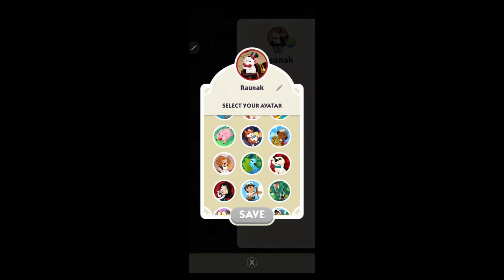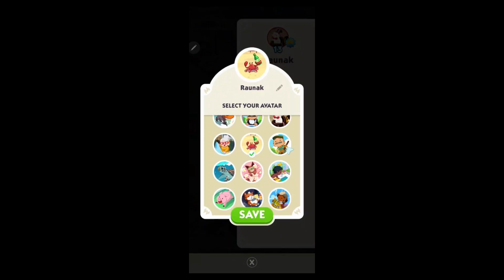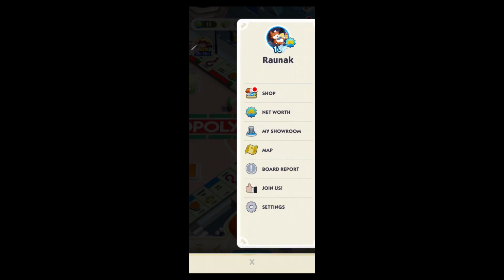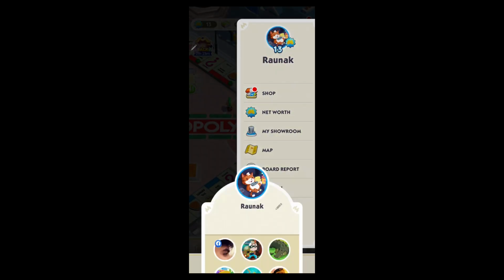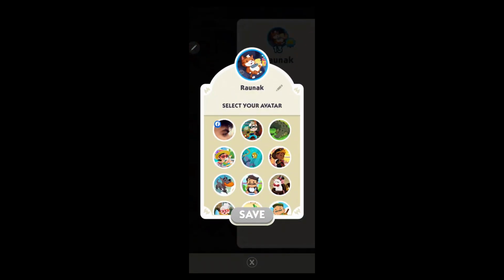that. What you'll have to simply do is click on any avatar that you want to change to and click on Save. After you click on Save, you will see that your profile picture has been changed on Monopoly Go. Now, if you want to change your profile picture to your picture, you'll have to simply select this Facebook icon,